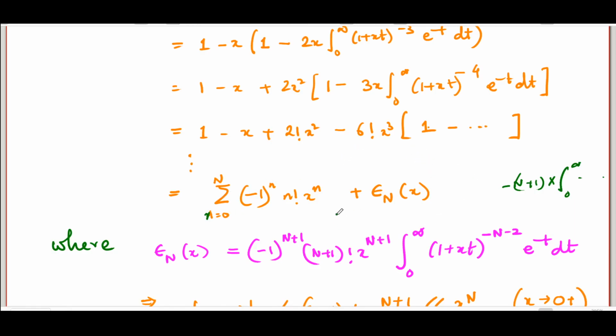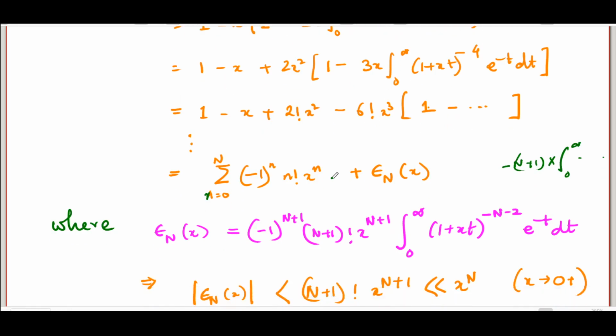Now, if you are going to claim that the Stieltjes sum, sum from 0 to infinity of minus 1 to the n, n factorial, x to the n, is asymptotic to my Stieltjes integral, you have to show that this remainder term actually is negligible compared to the last term that you have used here. That is x to the power capital N. Well,